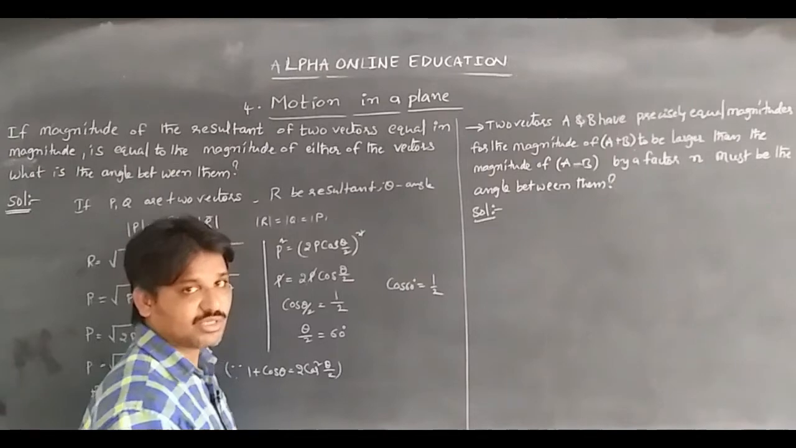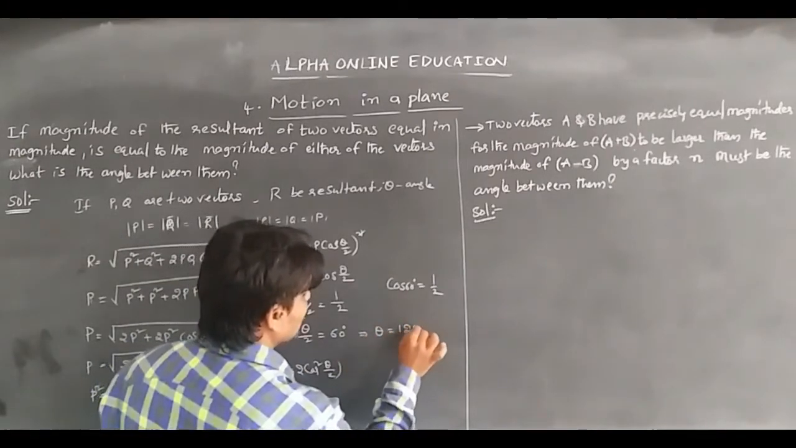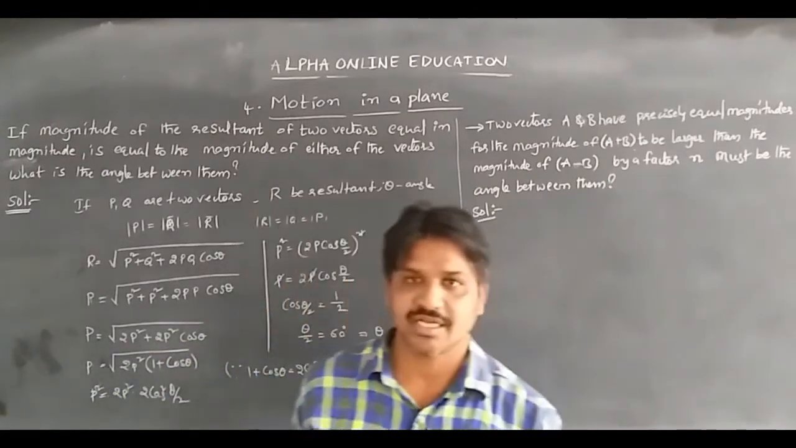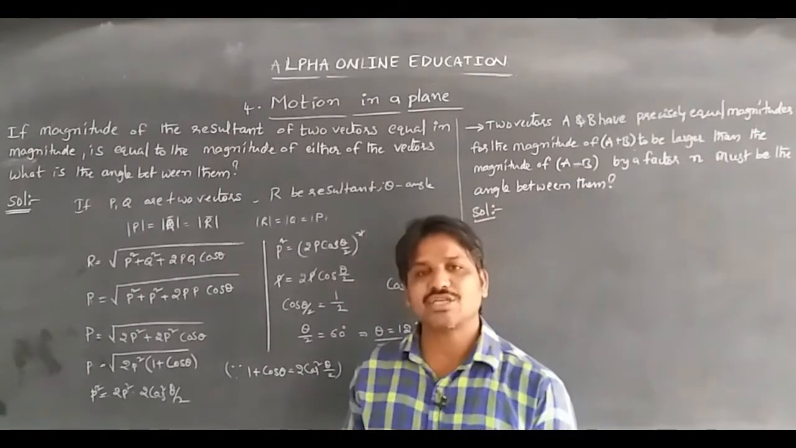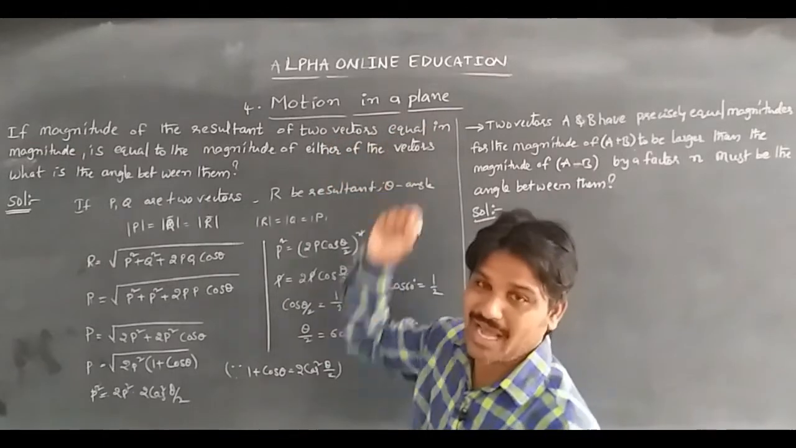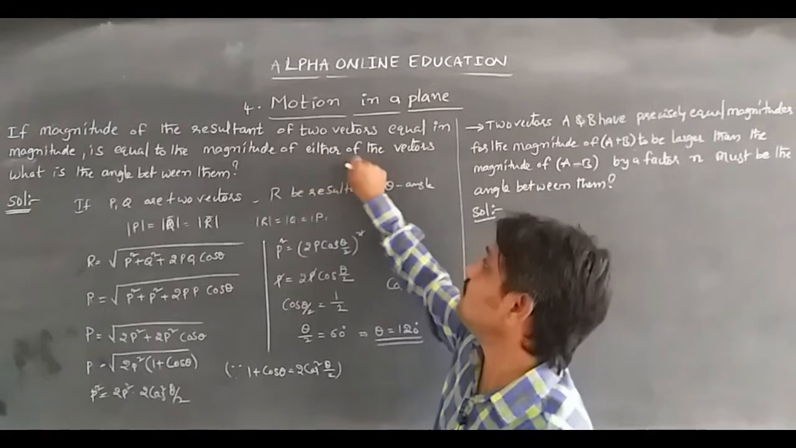Theta by 2 is equal to 60 degrees. So from that equation we can write that theta is equal to 120 degrees. When theta is equal to 120 degrees, he asked in the problem: the magnitude of the resultant of two vectors equal in magnitude is equal to the magnitude of either of the two vectors,